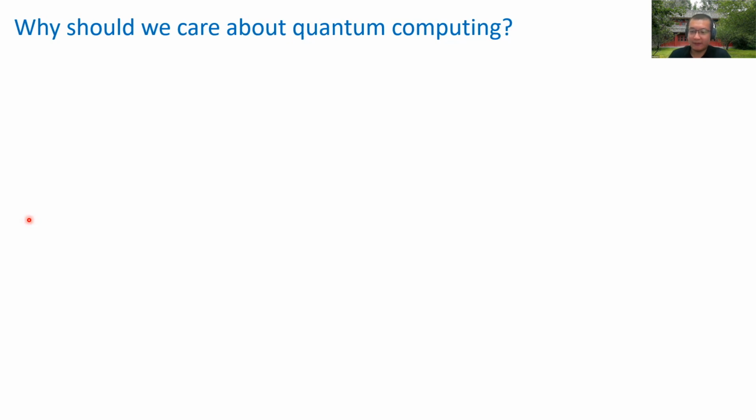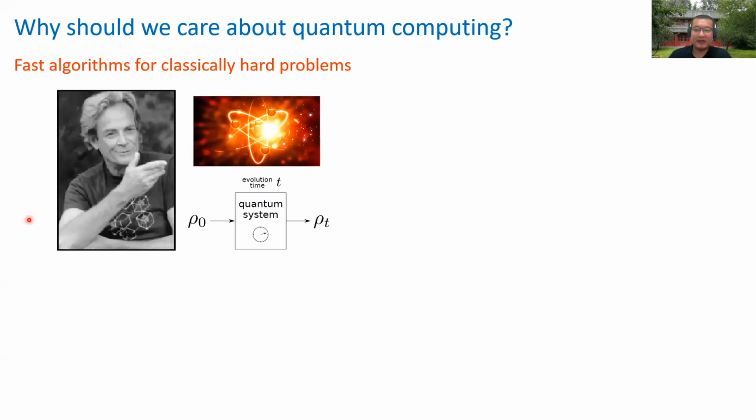But I think one of the most important things is that on quantum computers, we can get fast algorithms for classically hard problems. For instance, at the very beginning, the origin of quantum computing, in the 1980s, Professor Richard Feynman thought about the simulation of quantum systems, which is a very difficult problem in general. But hopefully we can utilize the computing power of quantum mechanics per se, a so-called quantum computer, to simulate the evolution of quantum systems. And hopefully this can be done in the future. This is a great prediction by Professor Richard Feynman.